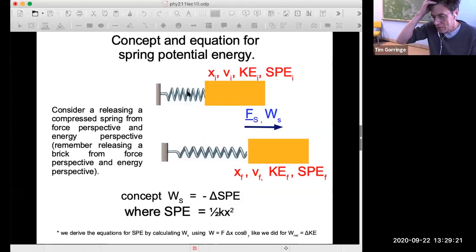Okay, here we are. So here I want to introduce the concept of spring potential energy. And in this picture, it's kind of meant to resemble that case where we dropped a brick from the skyscraper, which started out with lots of gravitational potential energy and turned it into kinetic energy. In this case, we're going to release a block on a compressed spring, and it's going to turn that spring potential energy into kinetic energy. And so that's what I'm picturing here. Sort of in the upper picture,